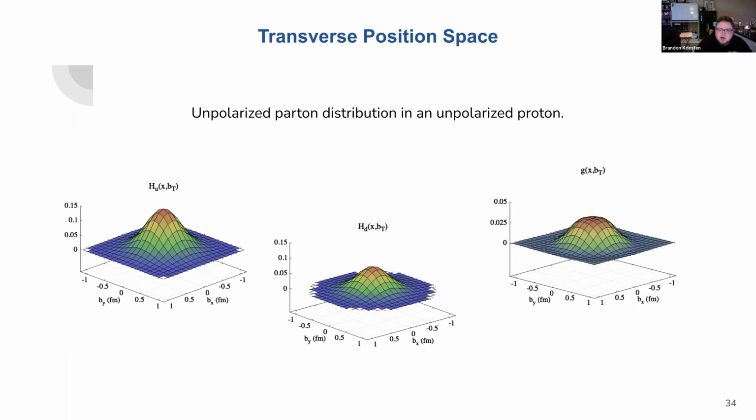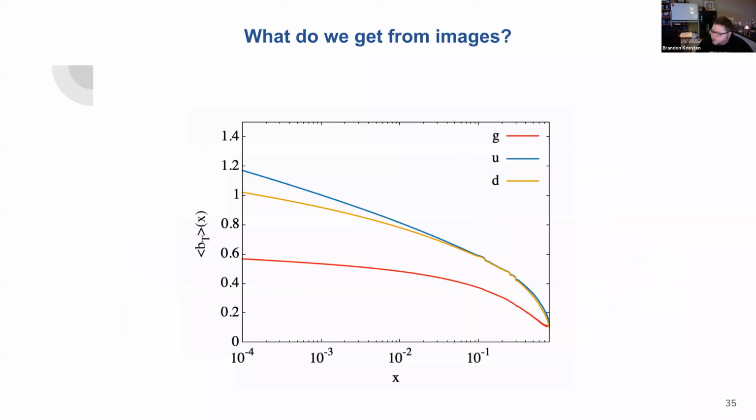So one such thing is we can talk about radii, for instance. If you take the expectation value of this BT that I showed you before and defined before, you can do this as a function of X for various different flavors of quarks and also the gluons. What I'm showing here is what the quark radii look like as a function of X as they go to low X. This is in femtometers. And also the gluon distribution.